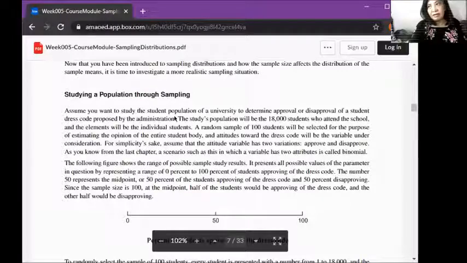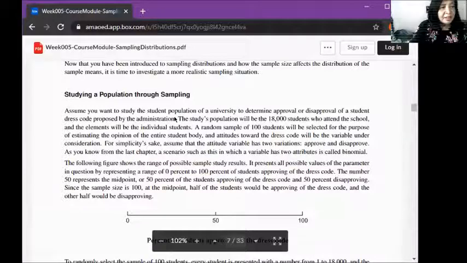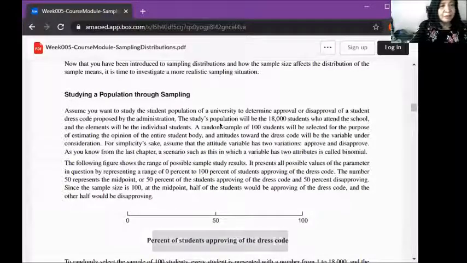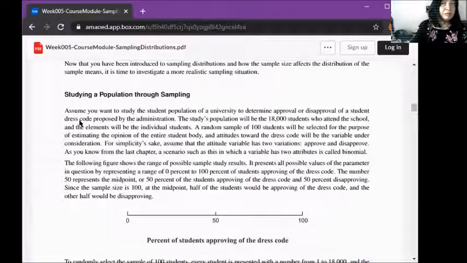First here, in AMA, students don't have uniforms, but the study that will be conducted, as an example, would determine the approval or disapproval of the student dress code. So even if you don't have a uniform, of course you must adhere to what we call the dress code. Like for example, no clothes that